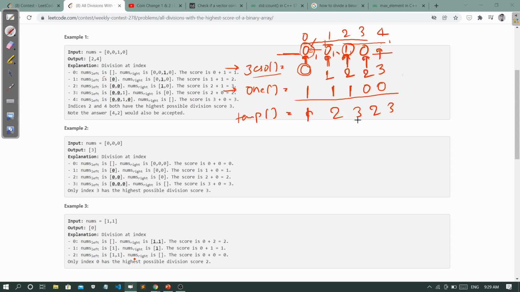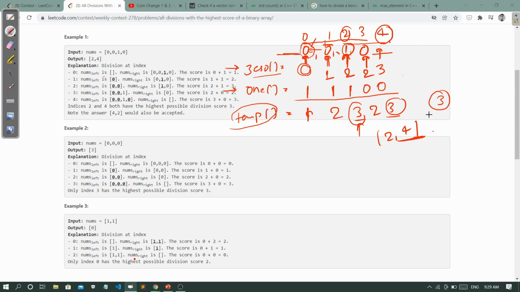Then we have to find the maximum score we get. So here the maximum score is 3. Again, we traverse this temp array and check at which indices 3 occurs. So 3 occurs at index 2 and 3 occurs at index 4. So we have to return these, 2 and 4.